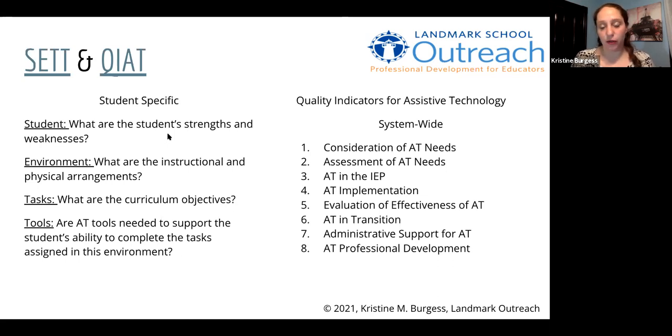So the 8 steps are really considering the needs, assessment of needs, looking at assistive technology in the IEP process, the implementation of it, the evaluation of how effective it is, the use of assistive technology in transition, and then the general levels of support, both for administrative and classroom professional development. We are not going to spend a lot of time looking at that one today, but I did include a link to the website at the top that will show you more about it,